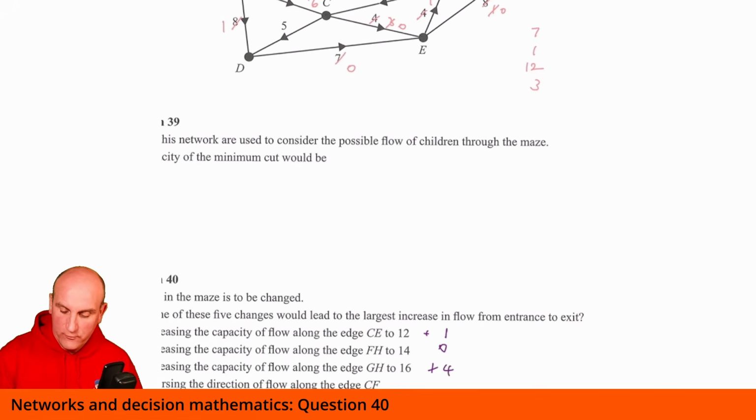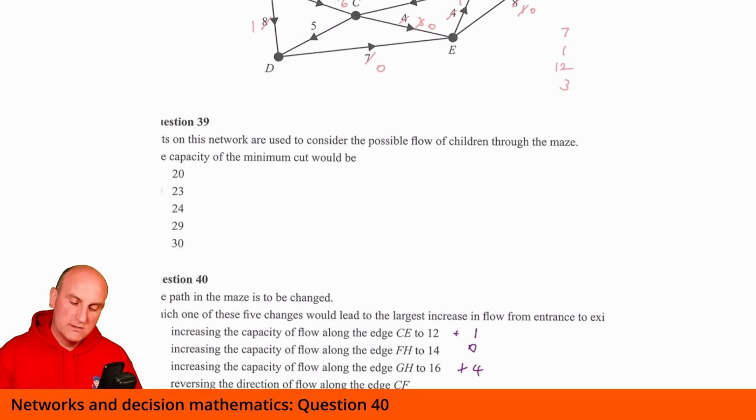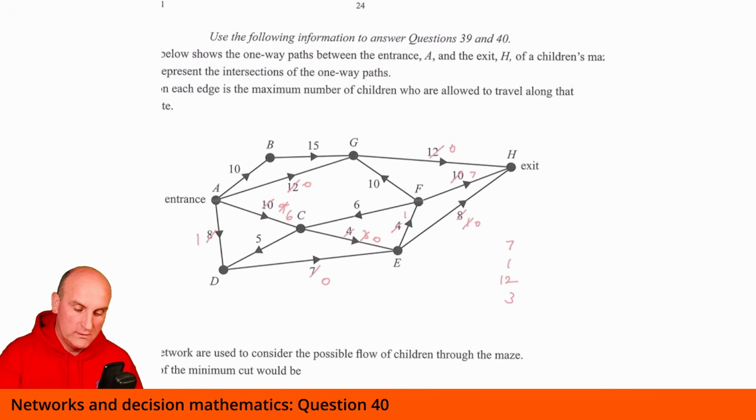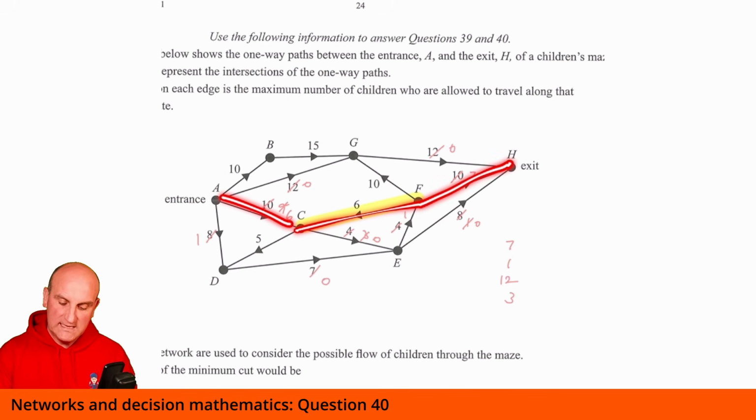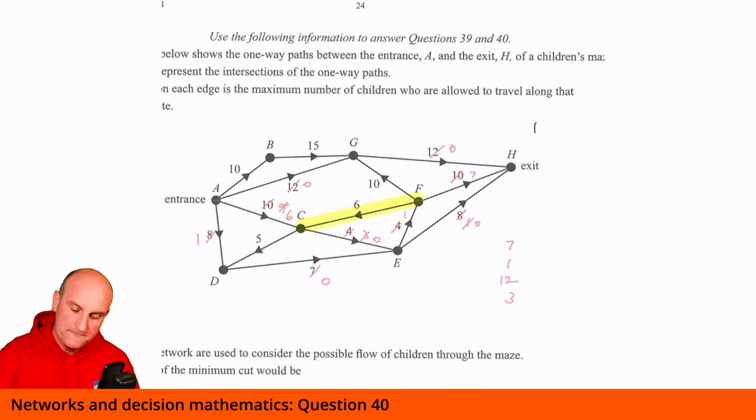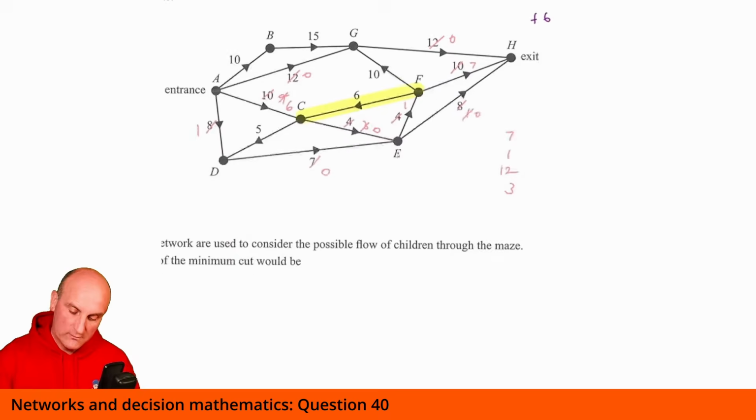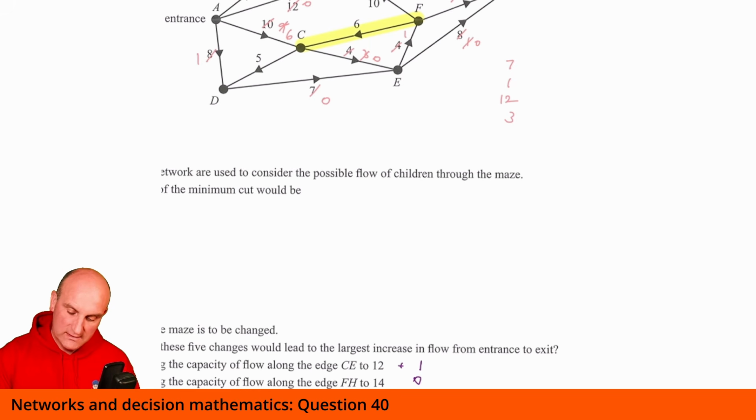So that's +4. Reversing the direction along CF. Oh, okay then. So here is my CF. That means that that 6 is now in play. Well, let's see what we can do. We've got 6 here, we've got 6 here, and we've got 7 there. Oh, very exciting. That means I can get a +6 by going that way. Is there anything else flowing through CF that could also now have an impact? Nope. There's nothing else flowing into it other than just A to C. So that one has an impact of +6, and you think to yourself, well, surely that's it.